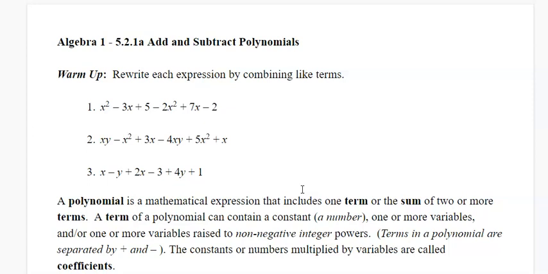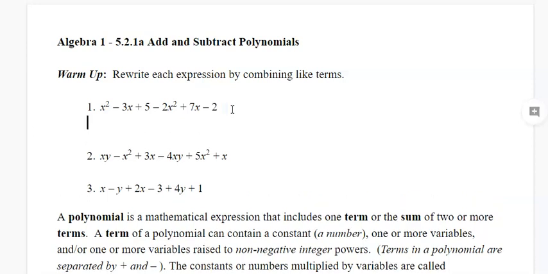So for our warm-up, we're going to just do some combining like terms. So first, if you look at the first polynomial, we have x squared minus 3x plus 5 and minus 2x squared plus 7x minus 2. To add like terms, we will add together the terms that have the same variables, same exponents on the variables. So in number 1, the x squared can be combined with the negative 2x squared. And so you would add the coefficients, those are the numbers in front, 1 and negative 2, and you will